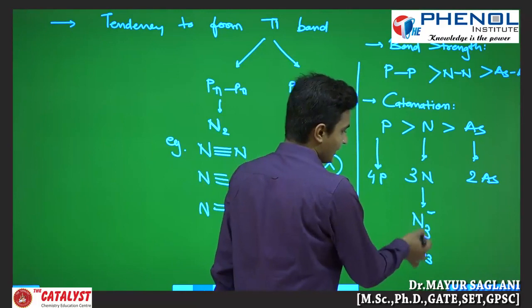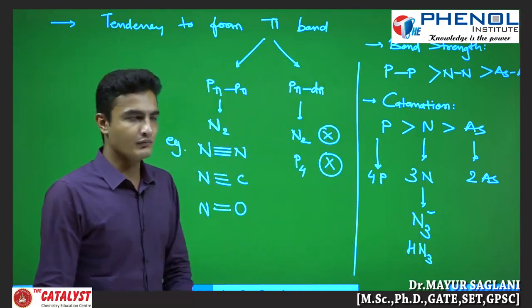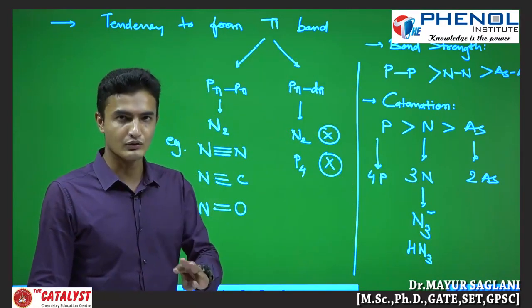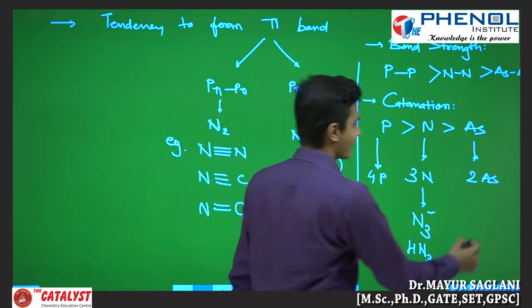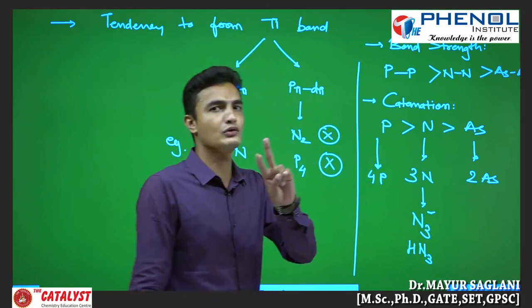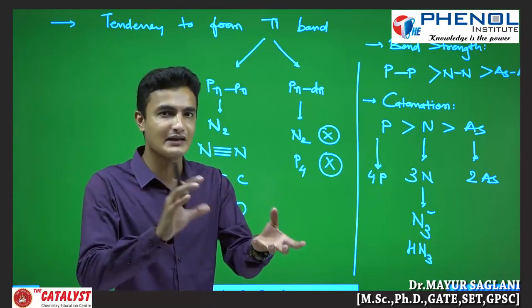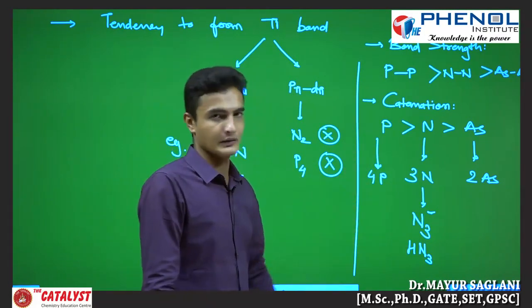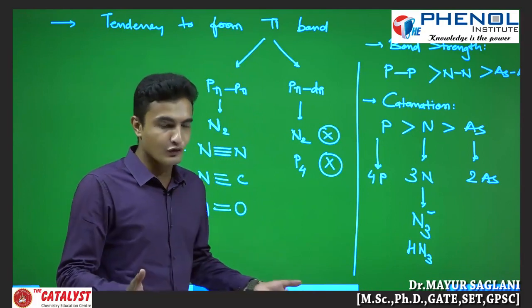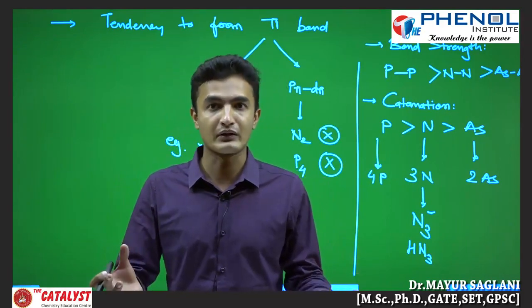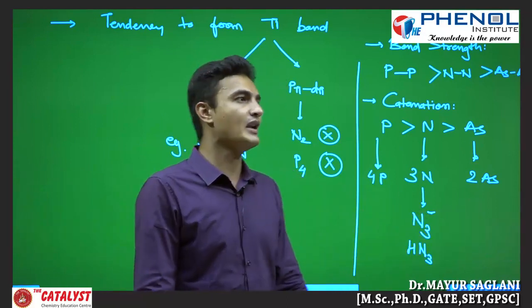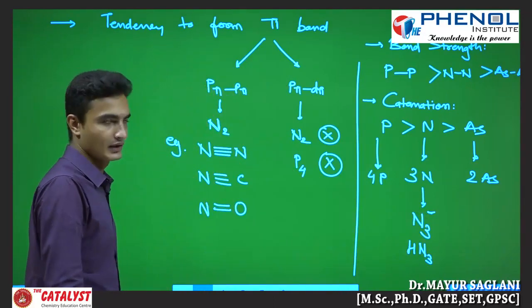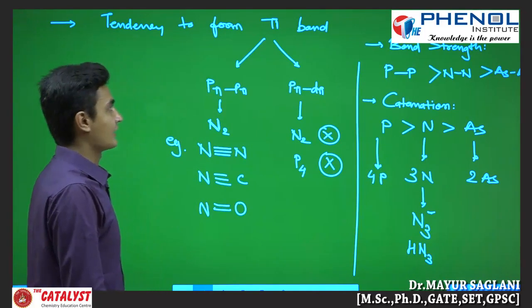So in this, you can see nitrogen can form a maximum of 3 bonds, that is 3 nitrogen atoms can be together at a time. Likewise, if you see arsenic, 2 atoms of arsenic can be together at the same time, and likewise phosphorus, more than 4. You will see in the allotropes of phosphorus that in red phosphorus there will be a polymeric chain. Fine. So there will be a number of phosphorus atoms together. Are we clear up to this? Fine.